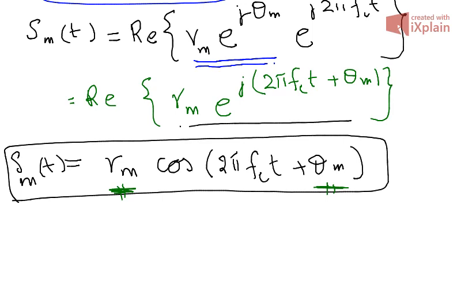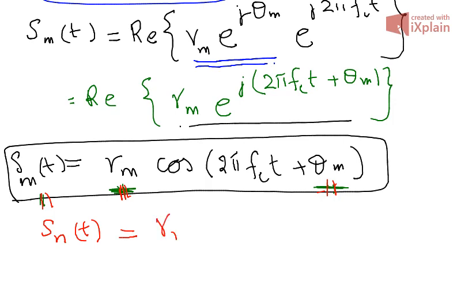See, each symbol Sm of t has a unique Rm, the amplitude, and a unique phase. So Sm of t has a unique amplitude and phase, right? If you write Sn of t, which is another QAM modulated symbol,